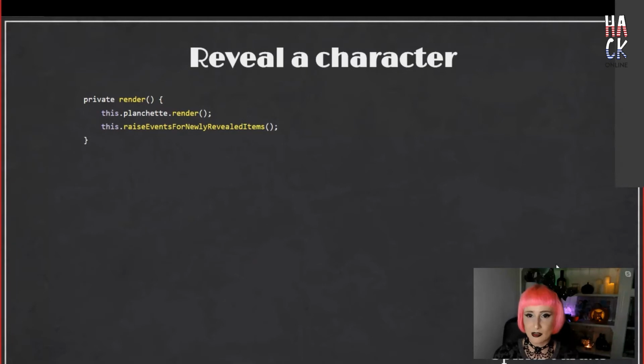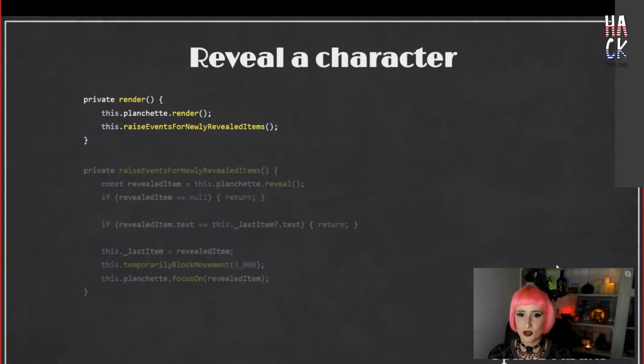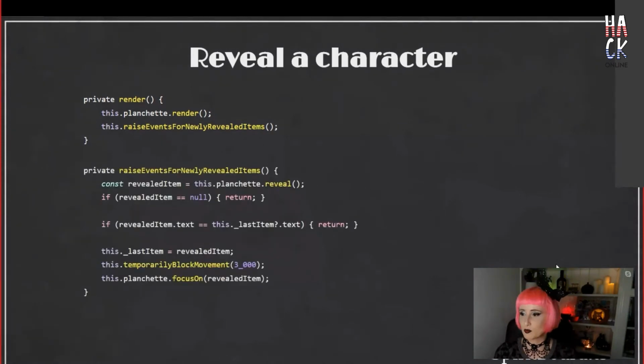And back in the spirit board, we're going to add to our render method this call to raise events for newly revealed items. This is going to do a couple of checks to see whether it's been passed something valid. Then it will stop the movement of the planchette for 3 seconds so that we can do that nice clear selection of an item and stop it from bouncing around between letters.